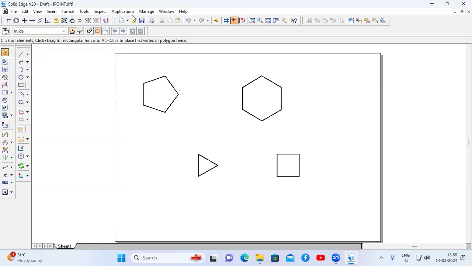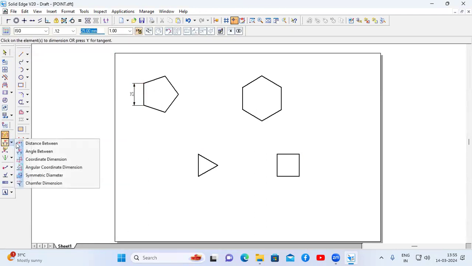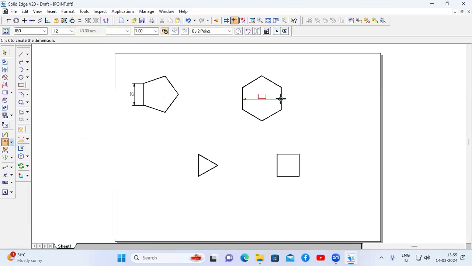By using the macros option, we can create any polygon. Now, if you want to show the dimension, as I said, go to smart dimension, select any one line, show the dimension. By using this distance between option also, we can show the dimension. If you want to show the angle, go to angle between. The angle between this line and this line